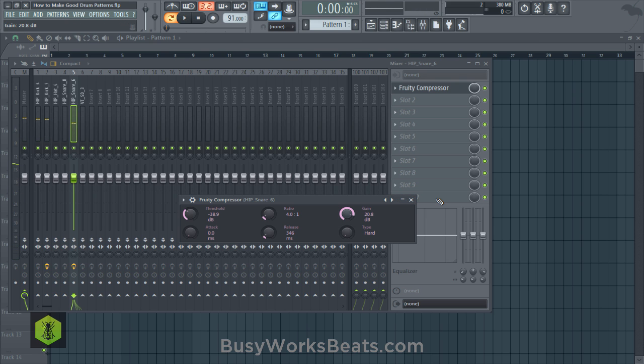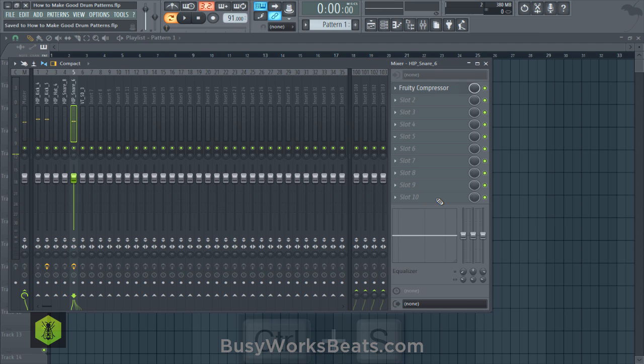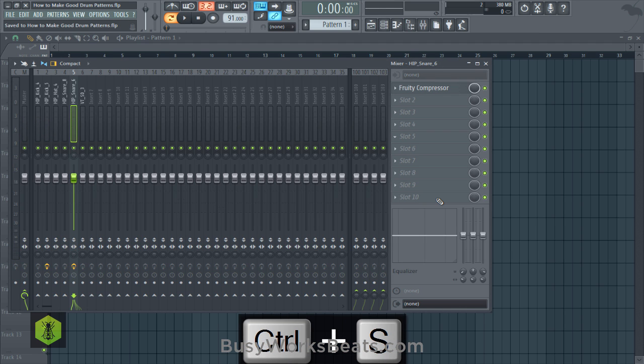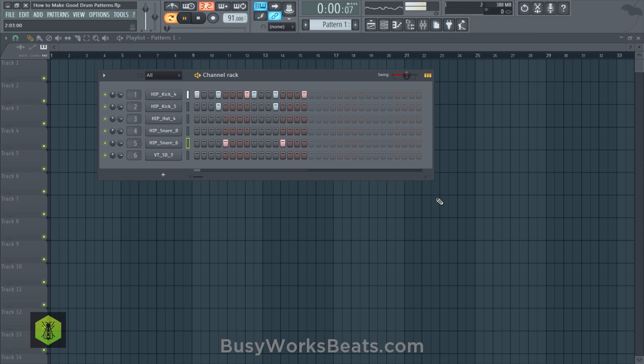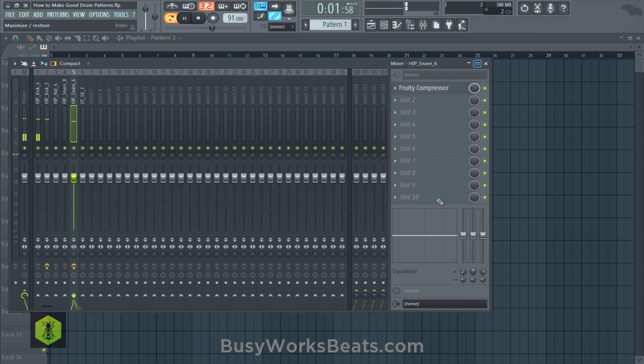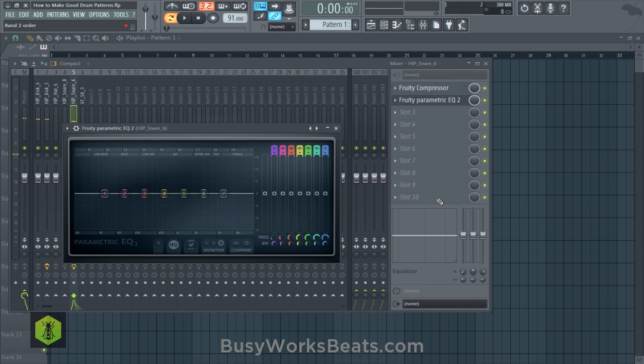I'm going to crank up the gain so the levels are the same, but you can see we pulled out a lot of that elongevity. I meant to say I wanted to elongate the snare so it gives the snare more longevity in sound. I'm going to add a filter because it's a little too bright. Let's add that low pass filter.